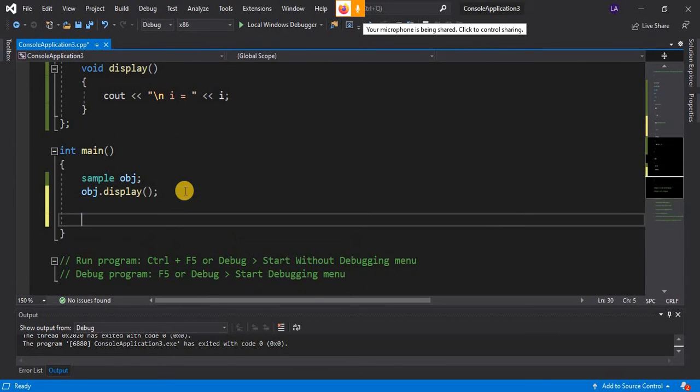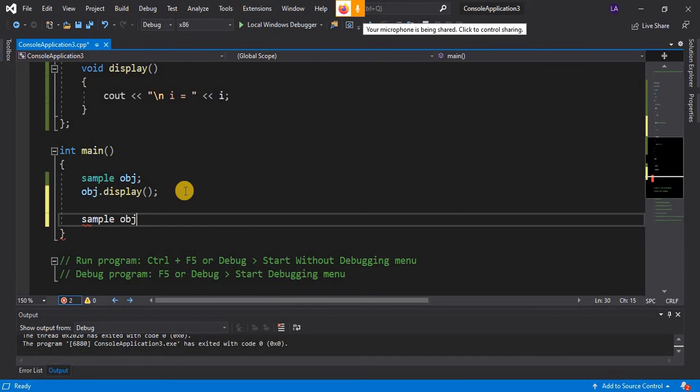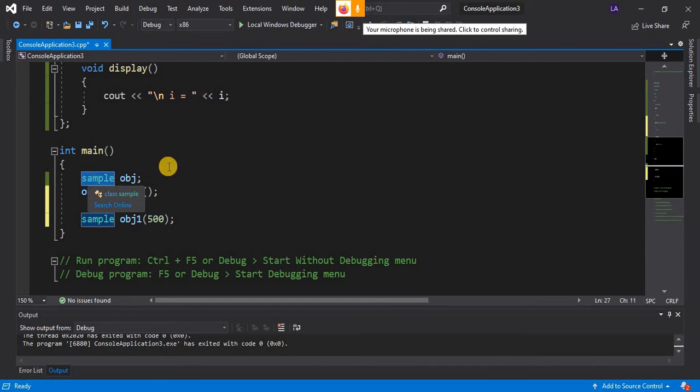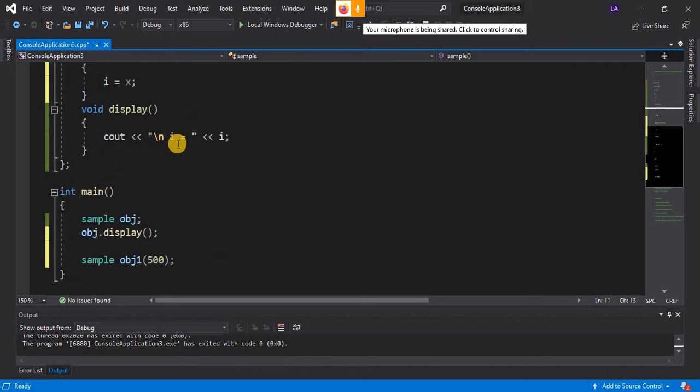So here we'll again create one object, say Sample obj1, and here it accepts one argument from the user, that is 500. When we declare an object like this in the first line, Sample obj, since we are not passing any argument, out of the two available constructors it will search for the appropriate constructor and the default constructor will get called.